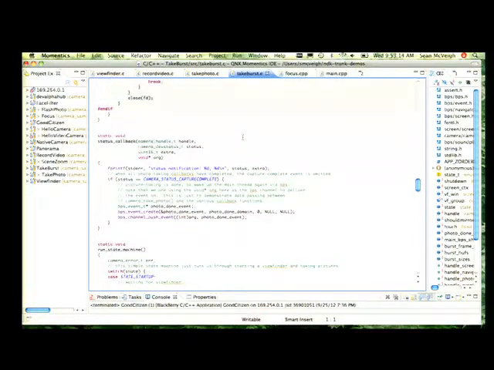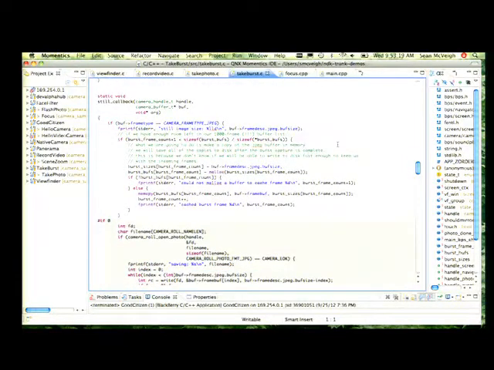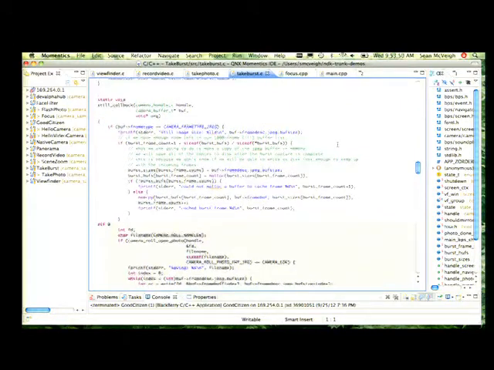And I will show you really briefly what I've got up here for a stills callback. So this is what I'm doing. I'm saying, if I've received a JPEG buffer, I'm going to increment my burst count. I'm going to malloc a new buffer that's the same size as the frame that's coming in. I'm going to memcpy right there. I'm going to copy the data that was given to me by the camera into one of my buffers of that size. I'm going to bump my counter up,